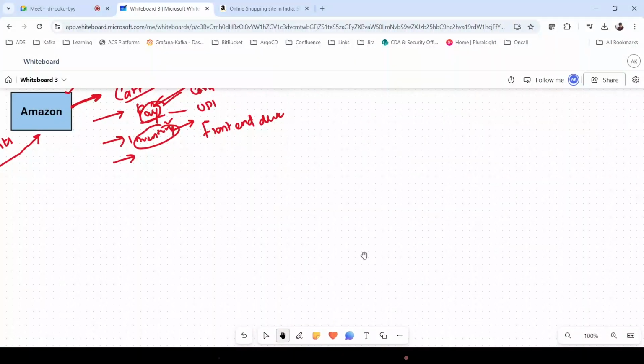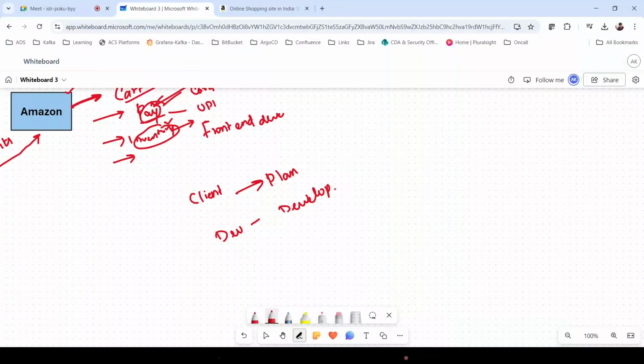Initially we will have a client who will plan the requirement. Then we have the dev team who develop the code.